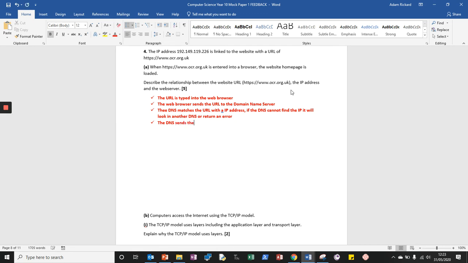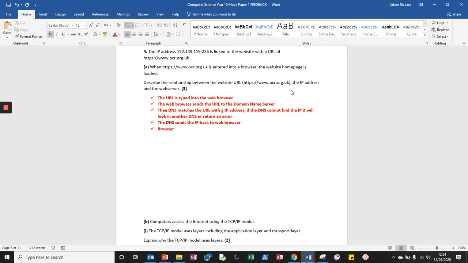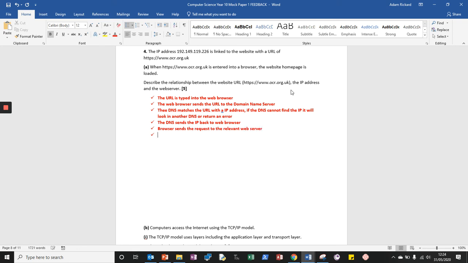The DNS sends the IP back to the web browser. Then the browser sends the request to the relevant web server. The web server processes the request and returns